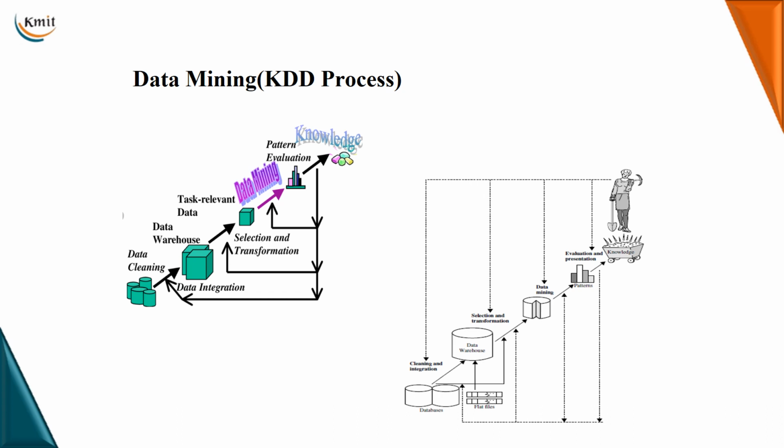Now, coming to your databases. What do you have in the databases? You have raw facts. It's data. Data is nothing but a raw fact, right? In the databases, you have multiple different types of data. Here you can see they have given examples of flat files. You can have relational databases. You can have transactional databases. Whatever databases you have, it is in the database. So now, to move from this database to your data warehouse, it has to perform cleaning and integration